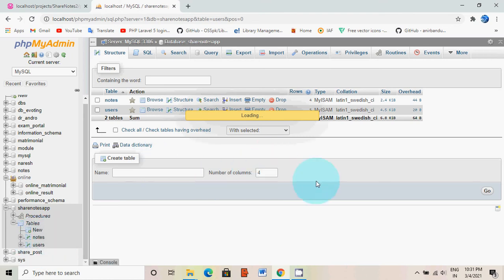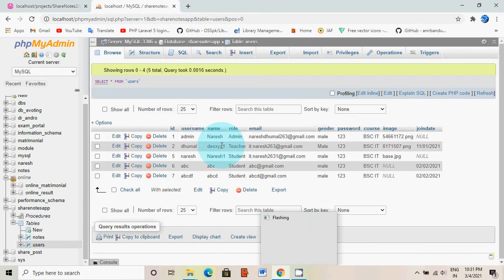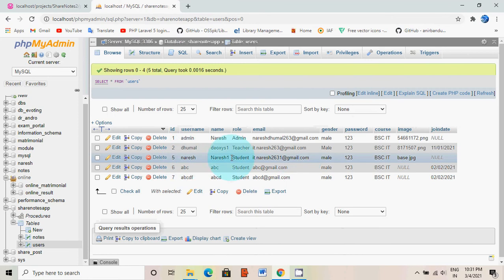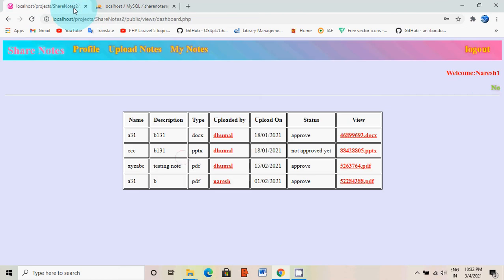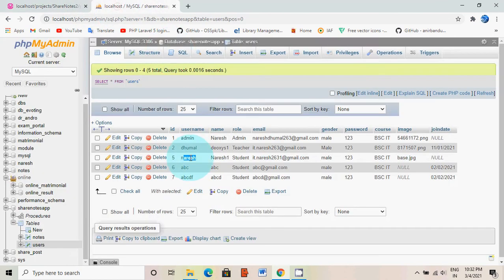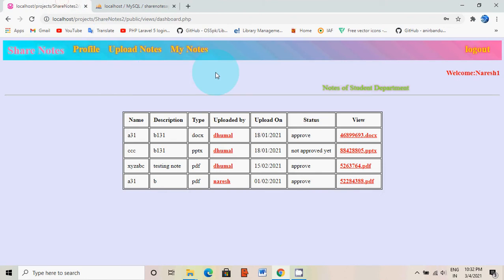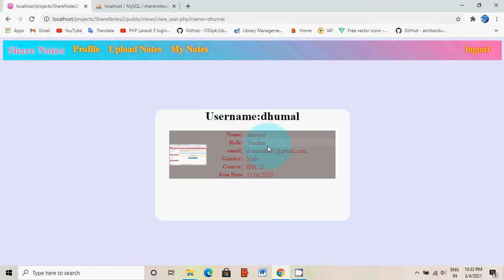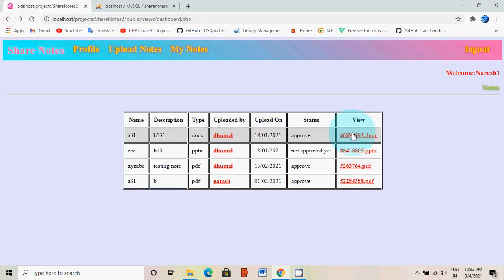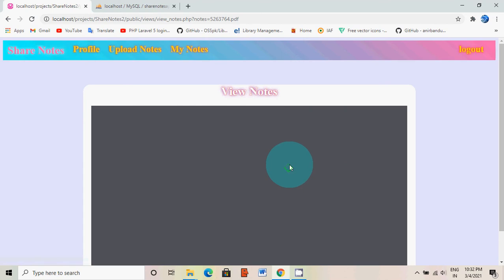We check the database. Okay, student, we just log in with Naresh1. Okay, Naresh1, which is, yeah, a student. So recently we just logged in with a student. In this student profile we can see all the notes that were uploaded. Then we can view that document. Simply we click on PDF.